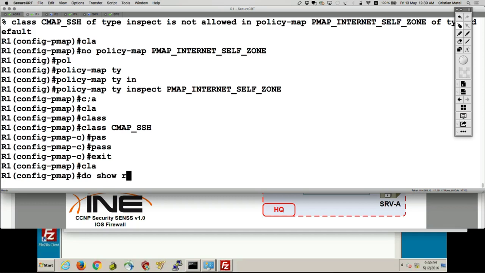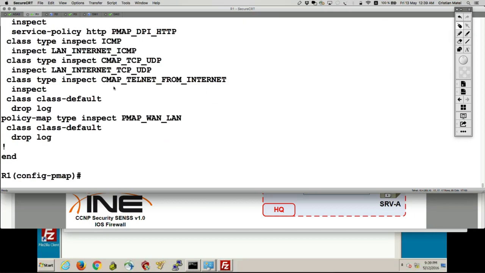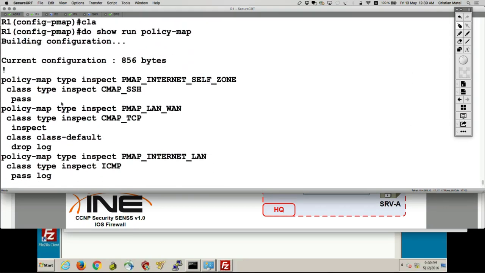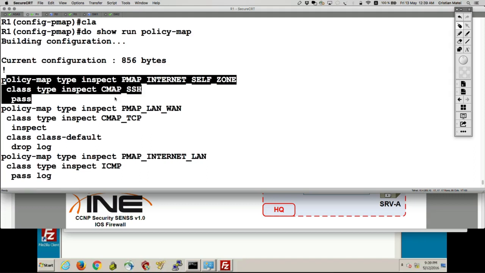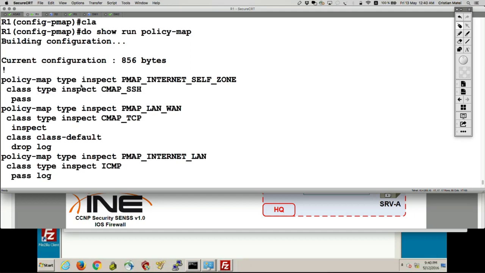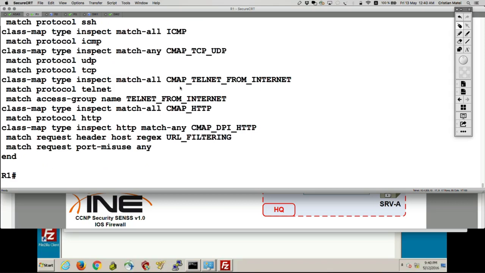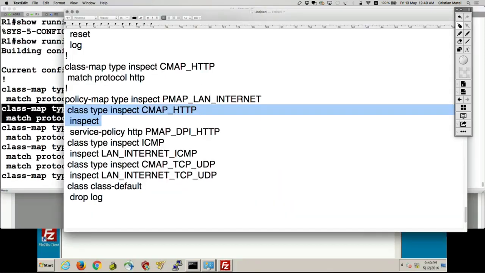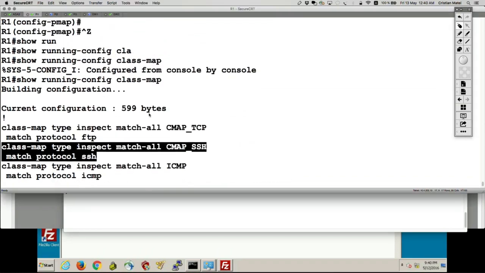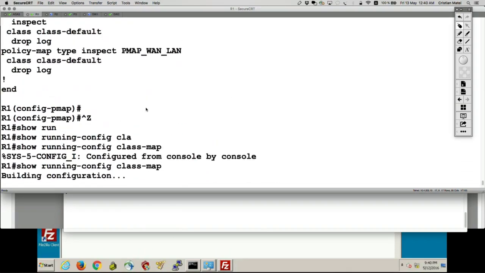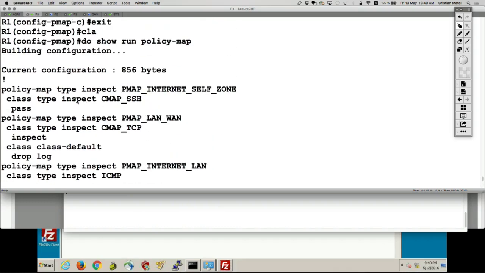So do show run policy map. The class default is also by default under all policy maps. So this is what I have configured: class map type inspect cmap SSH, and I'm going to have in here the default class map, once I attach this policy map to a service policy. So let's put in notepad show run class map, my SSH class map, then my policy map, which is internet to self zone,